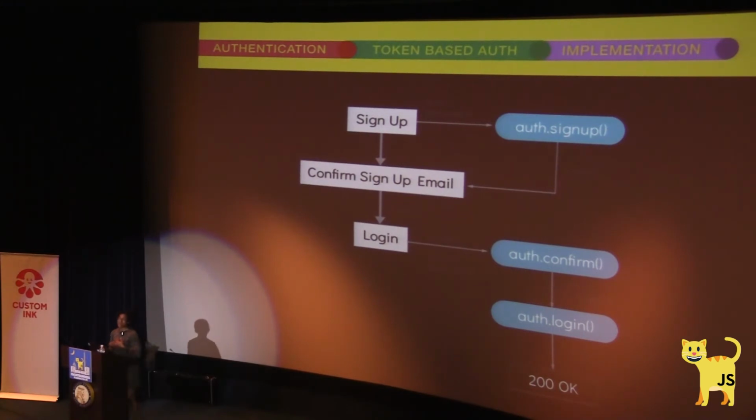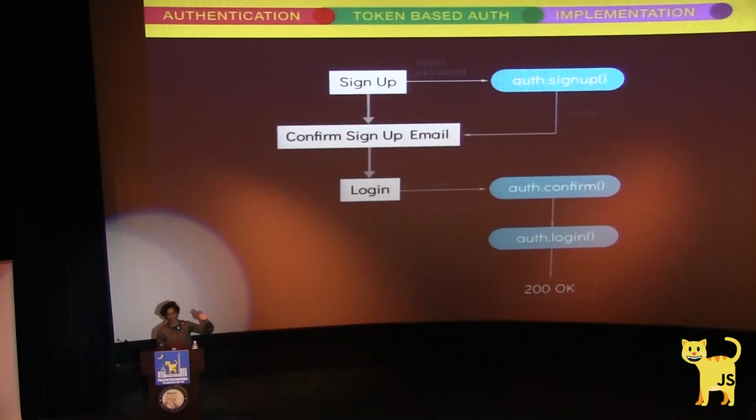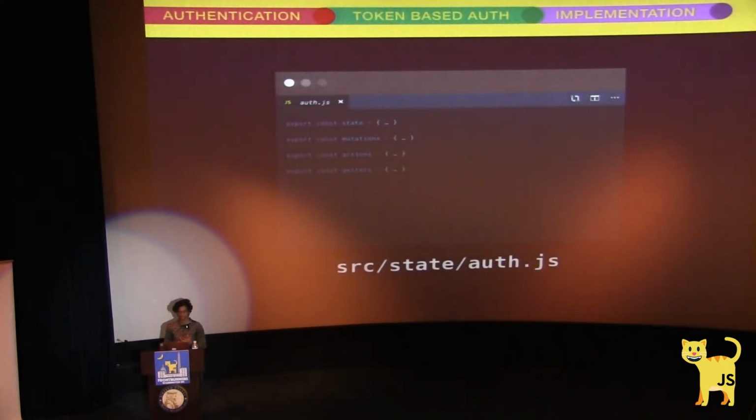And the main workflow of authentication, which is probably what you would do in your regular applications, is this general sign up flow. A user signs up, you get a confirmation email, and then they have to go through that. And then when they log in, which is the bottom piece, they go through that confirmation process. So it's like, hey, is this a real user? And then it confirms them, and then they log in. Everything is great and fine and dandy.